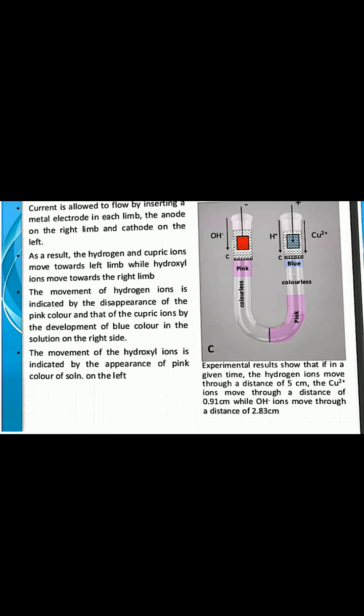And that of copper ions by the development of blue color in the solution on the right hand side. The movement of hydroxyl ion is indicated by the appearance of pink colored solution on the left. As the hydroxyl ion moves towards the anode, pink color is developed